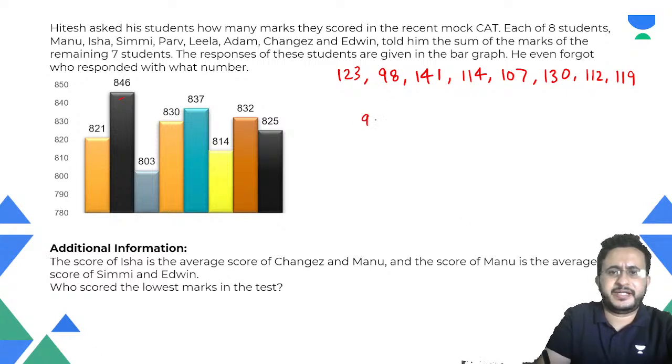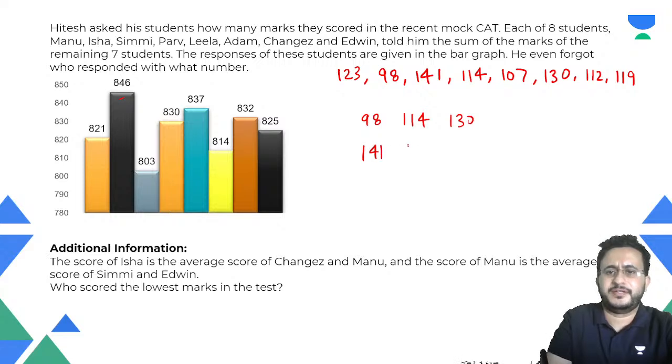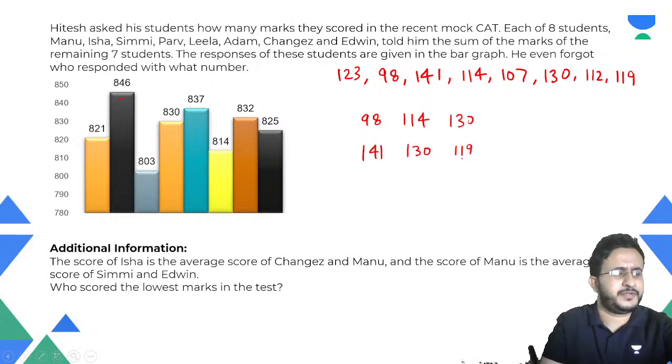So we see that 98, 114 और 130 एक पेयर बन रहा है ठीक है there is one pair of average okay then next pair if we see 41 that is 11, 11 so yeah so this see this 141, 130 and 119